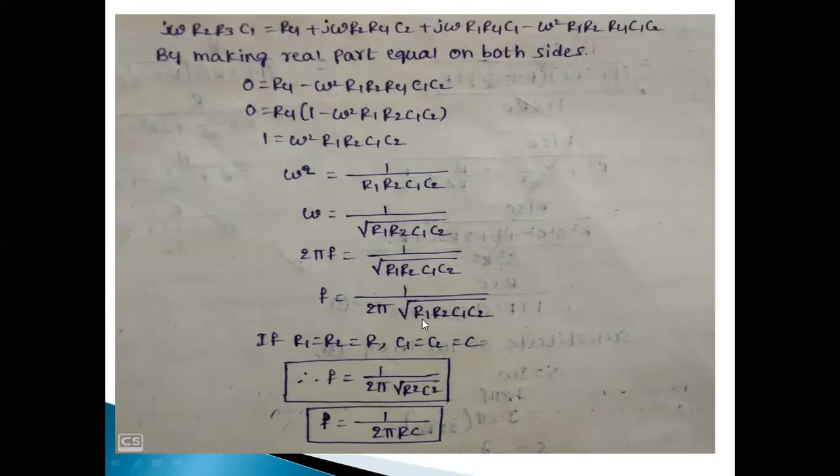So here let us consider the resistances which we are taking, that is R1 and R2 are equal, the same resistance, that is R. Similarly, capacitances are also equal. Okay, so that is C1 equal to C2 equal to C. So if you take in place of R1 and R2 as R and in place of C1 and C2 as C, then we have 1 by 2 pi square root of R square and C square. That is f is equal to 1 by 2 pi RC. So this is the frequency of oscillation for the Wien Bridge oscillator. So at this frequency, we can get the output. Okay. So that means at this frequency, the Barkhausen criterion is satisfied.